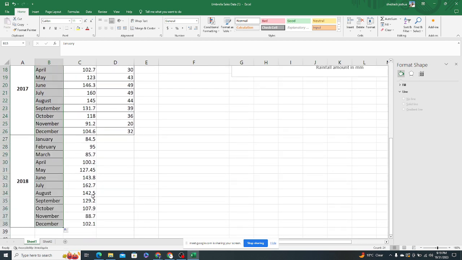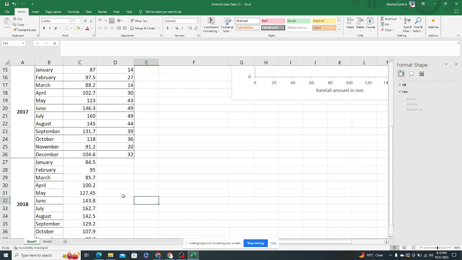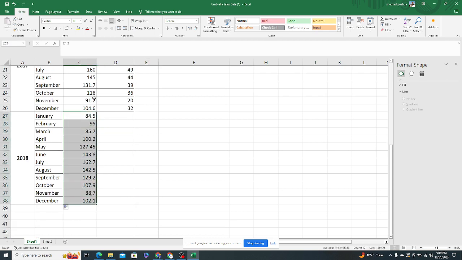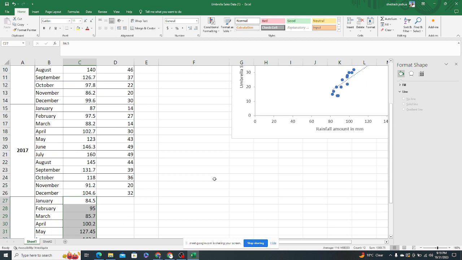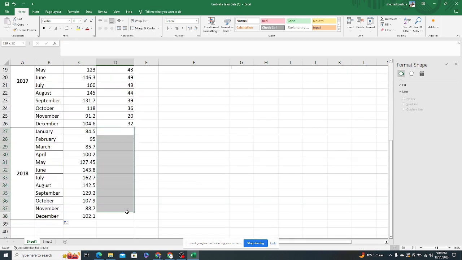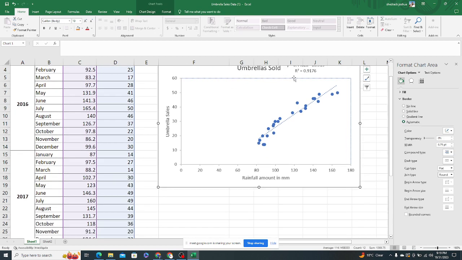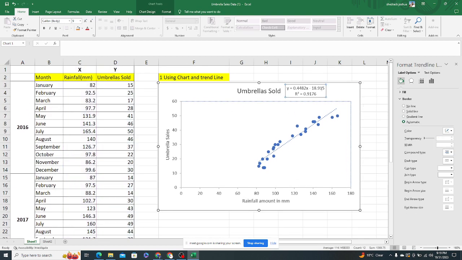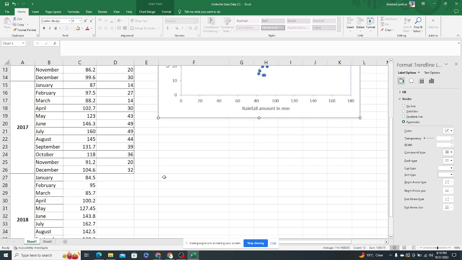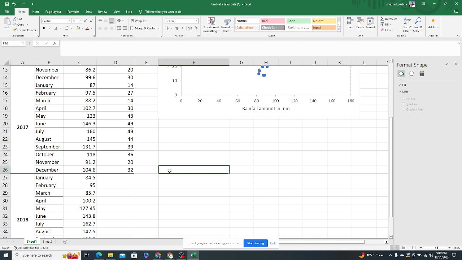Okay, good. Now, given these values, we can use our equation to predict the umbrella sales, given this amount of rainfall. And how can we do that? We can do that using this function. So we are assuming here we have two values. We have the coefficient,